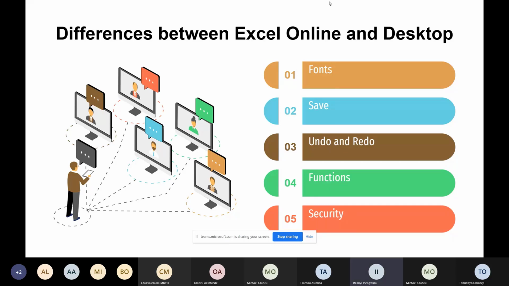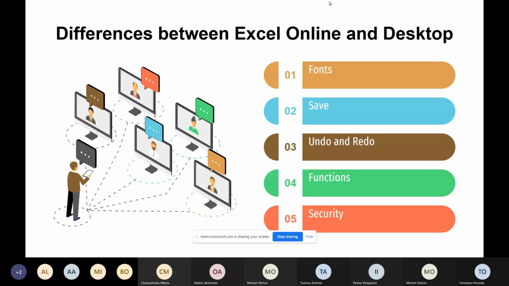In Excel desktop, if you save a document, you press Control S or click on the save button. On Excel Online, on Excel for the web, you don't need to constantly save your documents, or fear that you have lost something if your laptop goes off, because it automatically saves at a particular point in time, either every 1 minute or every 30 seconds.